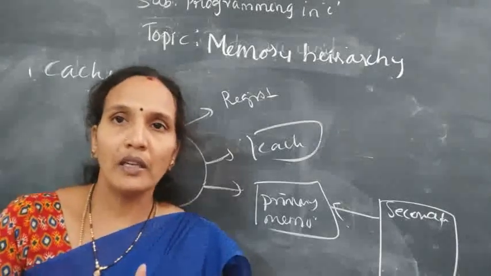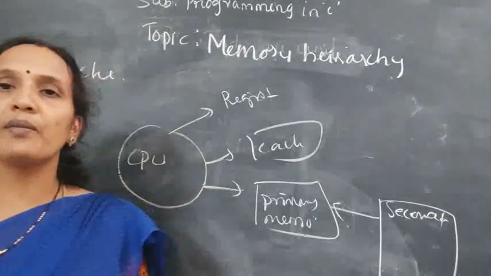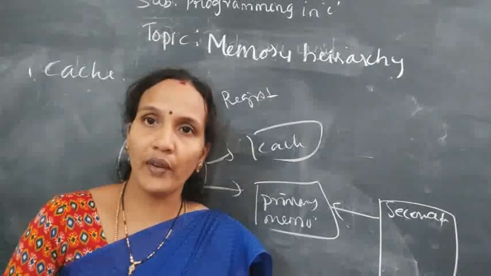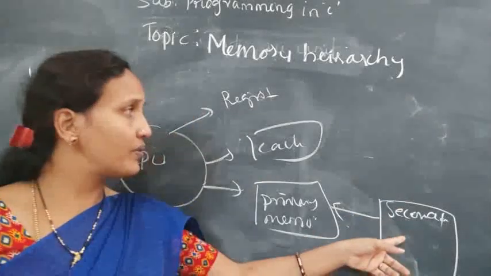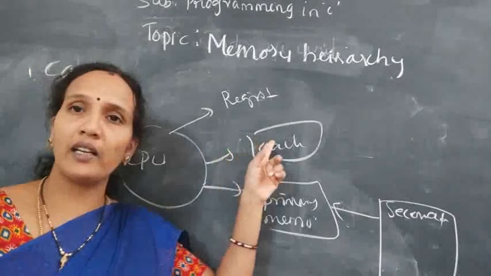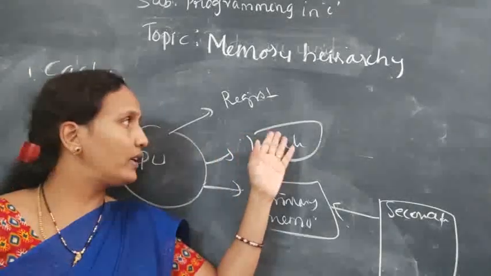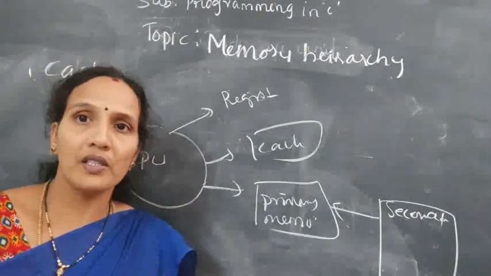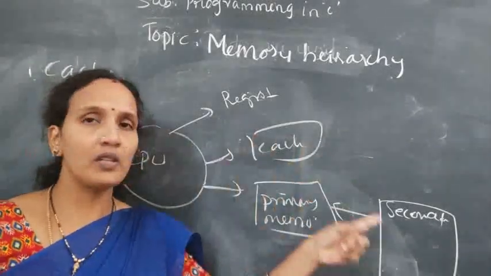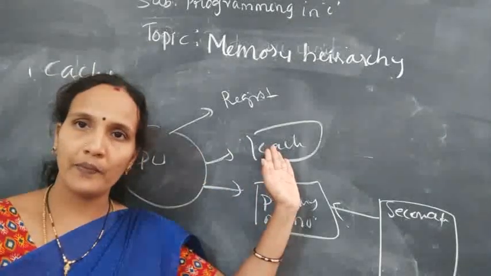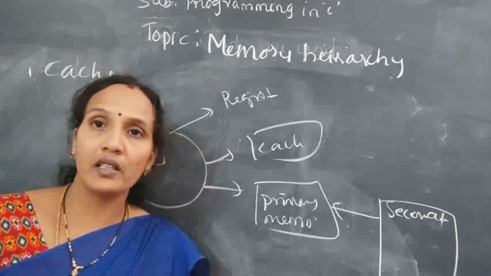So to overcome that problem, whatever files the user is using frequently, we store those files in the cache memory. The CPU can directly communicate with the cache memory. So here you can increase the throughput. You can increase the performance of your CPU. Instead of going to the secondary memory, the CPU can directly take programs from the cache memory. So indirectly you are increasing the throughput.